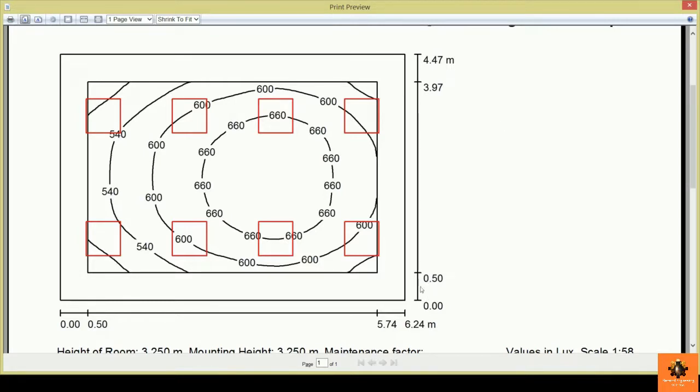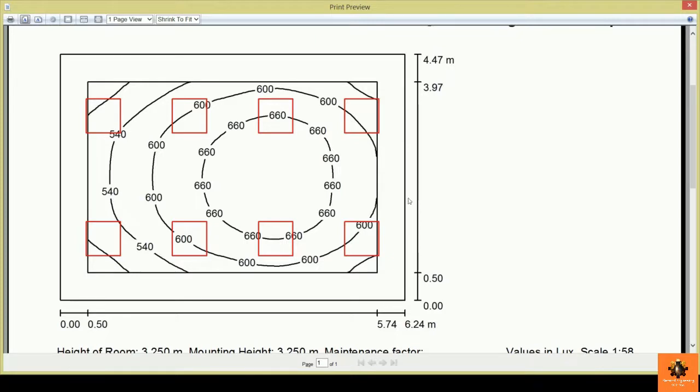So you can see we have an offset here of 0.5 meter, and an offset here of 0.5 meter, and also an offset here of 0.5 meter. So from each of the 4 walls, we have an offset of 0.5 meter, which means that we start the lighting design after 0.5 meter from all of the walls of the room. And this appears very clearly here, as we have no lux distribution at this area, or this area, or this one, or this fourth one. So the lux distribution appears at this area only,